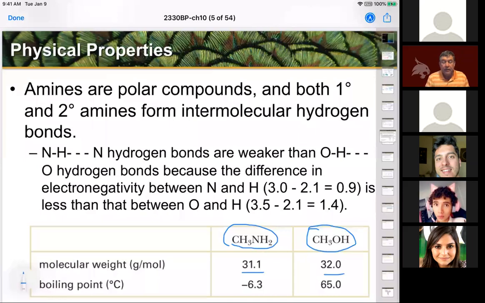Okay. In fact, the sulfur compound, which has an even less polar bond, actually boils much, much lower at like -37. So that shows you the difference between sulfur and hydrogen, which barely hydrogen bonds, the amine hydrogen, which does a moderate hydrogen bond, and the OH, which does the strongest hydrogen bond, just like we find in carboxylic acids, but we'll talk about that in a later chapter. Okay, that being said,